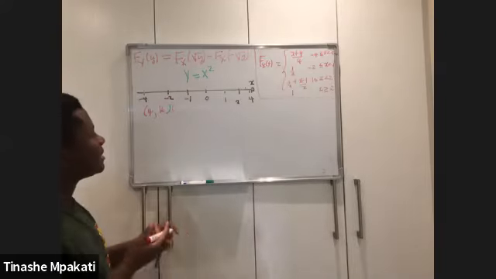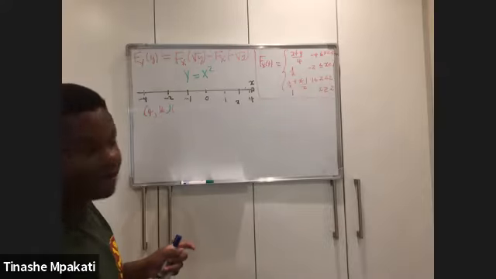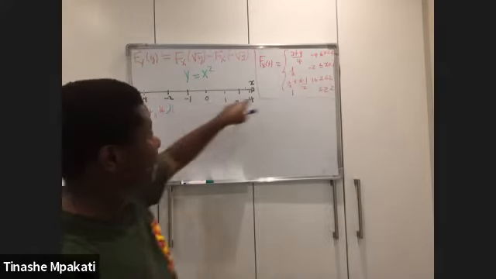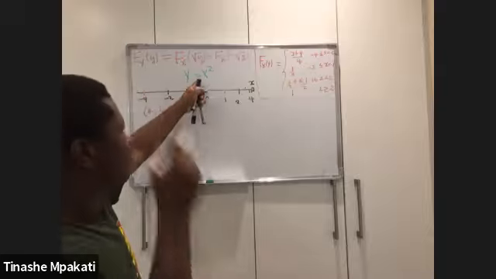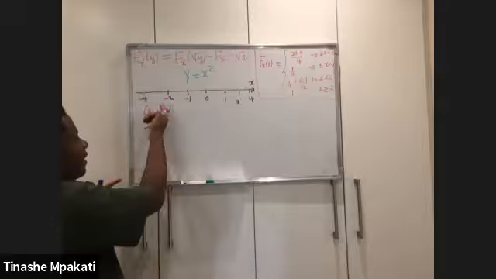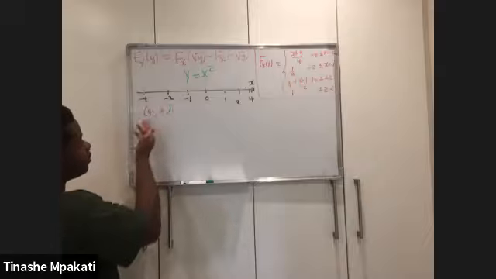Because remember, I just want intervals of my y values now. I have intervals for my x. I know my x is moving from minus 2 to 4, but I know my y is equal to x squared. So I want to see there, what would my y be? So this is what I have here.